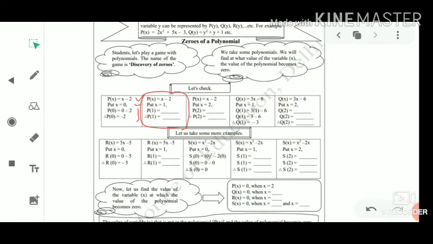Let me clear it. x minus 2, and x has a value of 1. So we will put 1 where we have x, so we'll get minus 1. So this is very easy, and I already taught you about this in the previous videos on polynomials. So I hope you all can do this now. So these are the 3 worksheets of week number 3. Thank you, students.